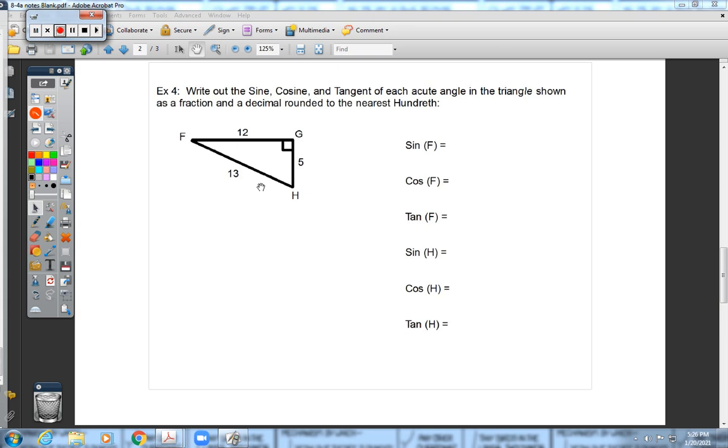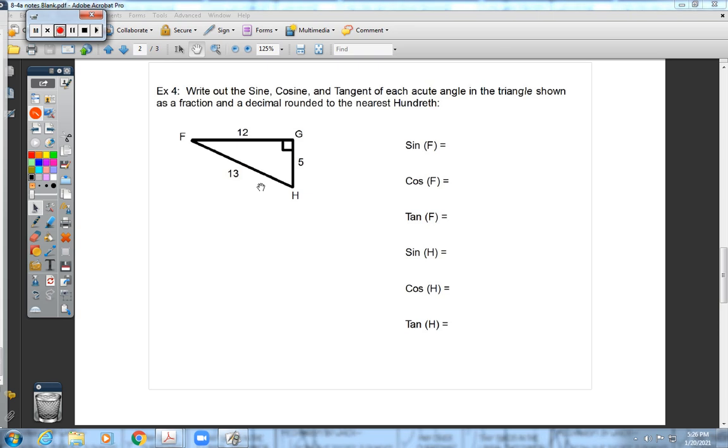Now, for our classes at Speedway High School, you should have a TI-30 XS Multi-View scientific calculator. If you don't have that specific calculator, then the items where I discuss how to put things into the calculator in this video session will not really apply. But, again, it's information that is generally widely useful. So,